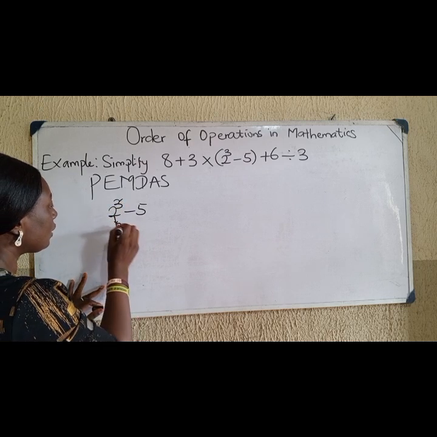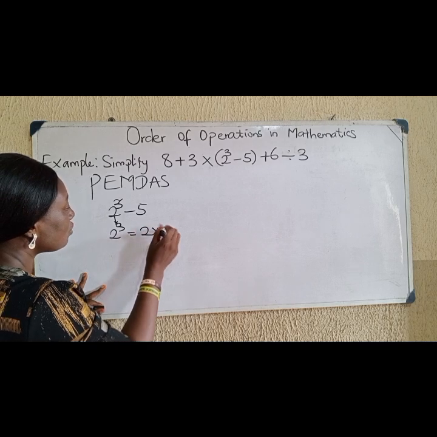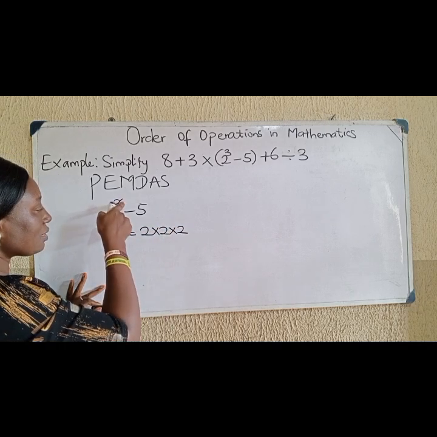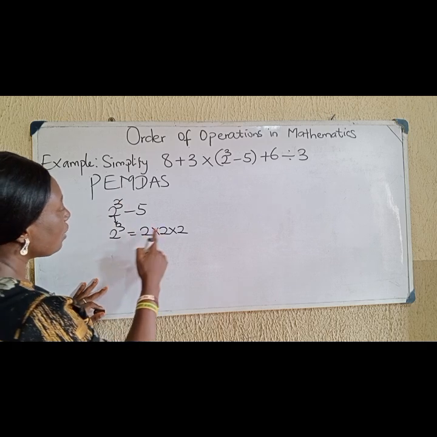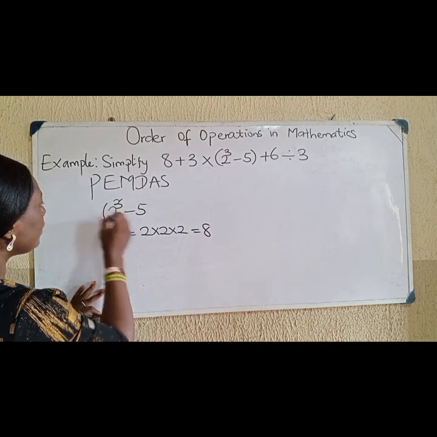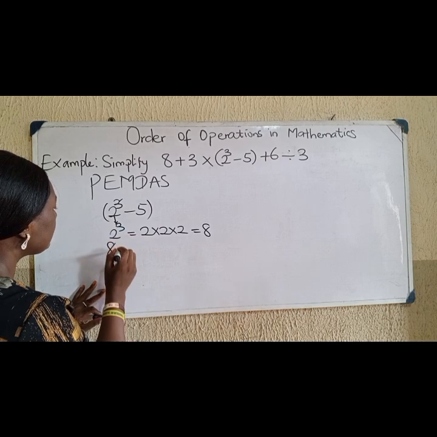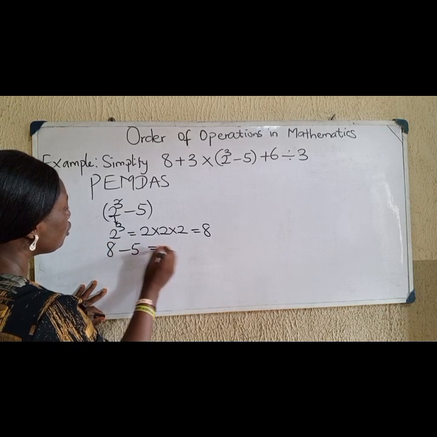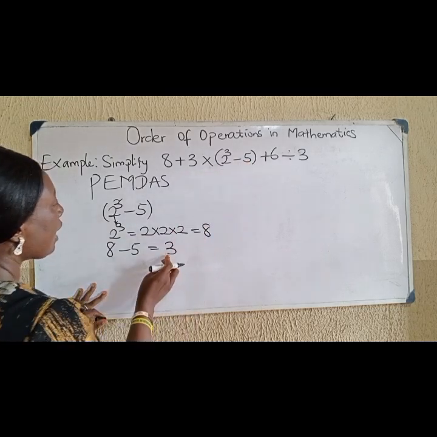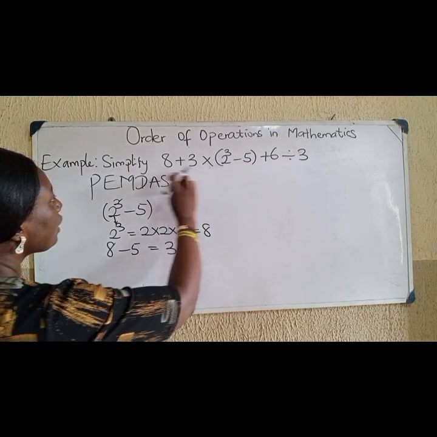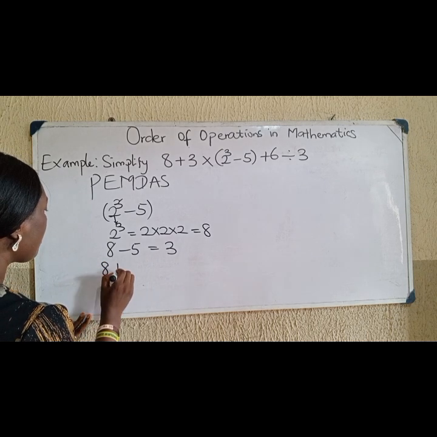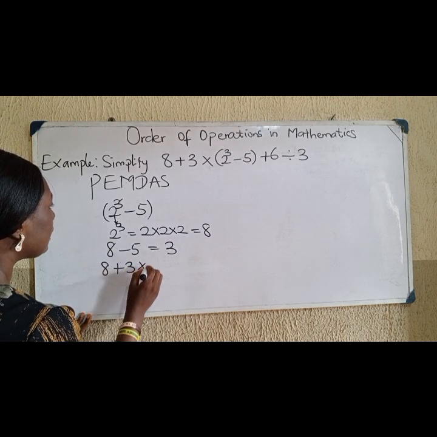So 2 raised to power 3 is equal to 2 times 2 times 2. Please, it is not 2 times 3. And 2 times 2 times 2 will give me what? 8. So in this place, I have 8 minus 5, which is what? 3. So for this bracket, I have 3. So bringing down this expression, I have 8 plus 3 times